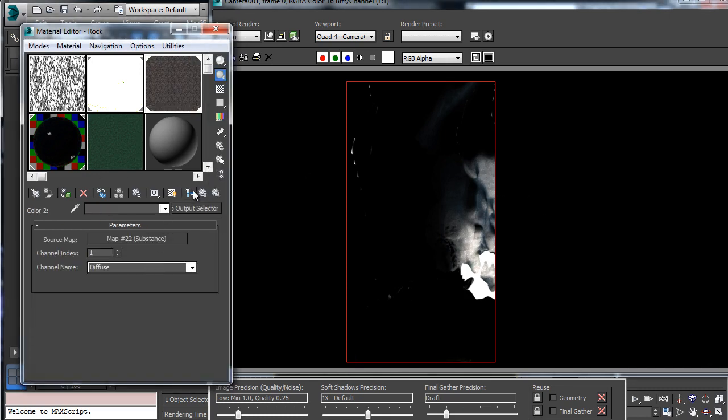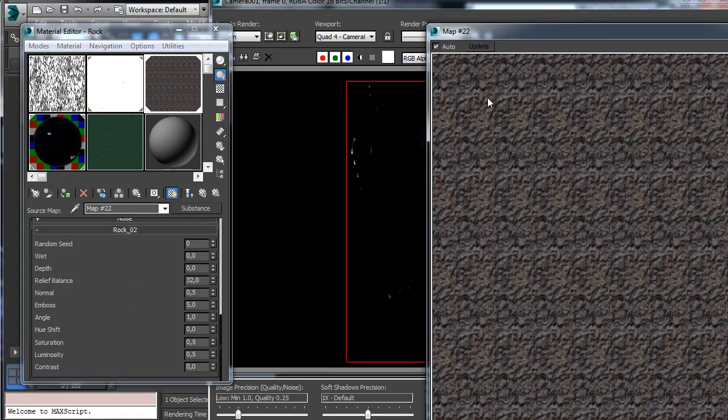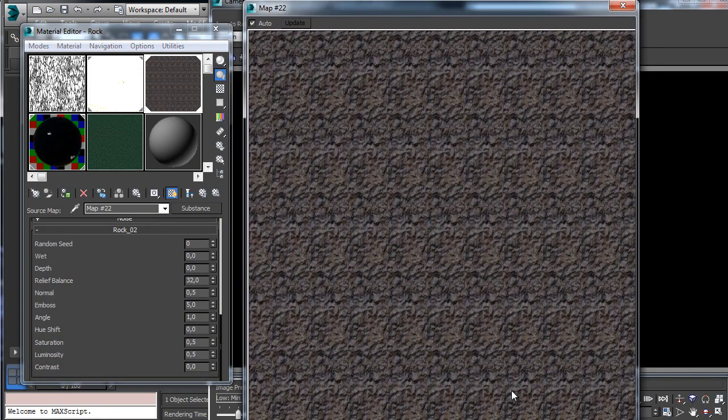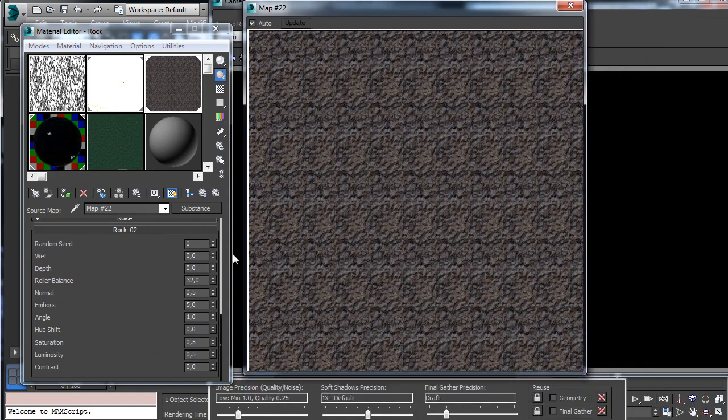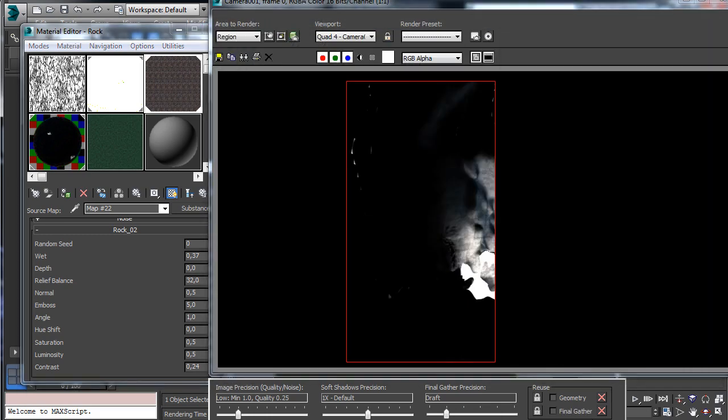Let's see if we have something that can be useful over this map. Let's use a little bit of wetting, and let's use a little bit more contrast so it will be more visible over the map we have. Okay, you see that it is not bad. I like to see what happens if we have